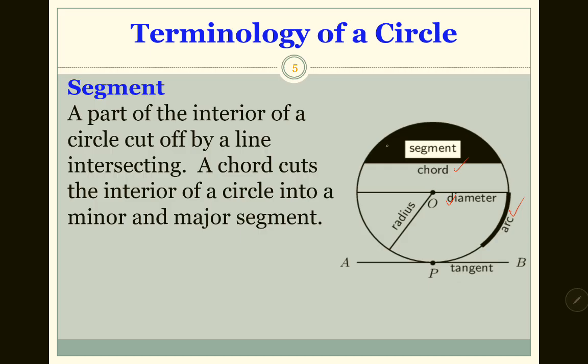So I'm talking about this dark part. A chord cuts the interior of a circle into a minor and a major segment. So this chord that we're talking about here, this is a segment, the dark part, and the rest